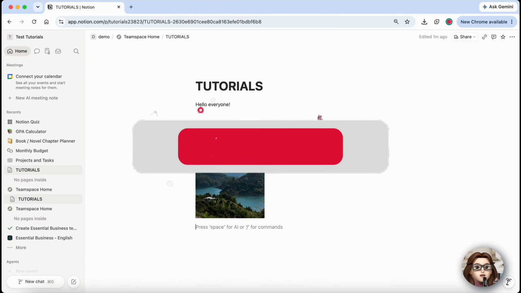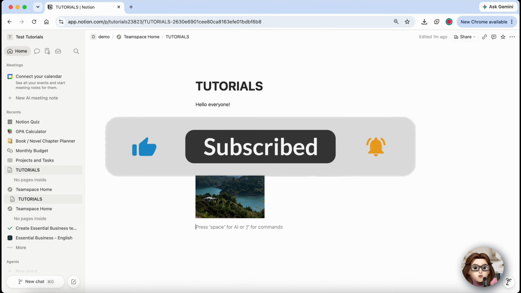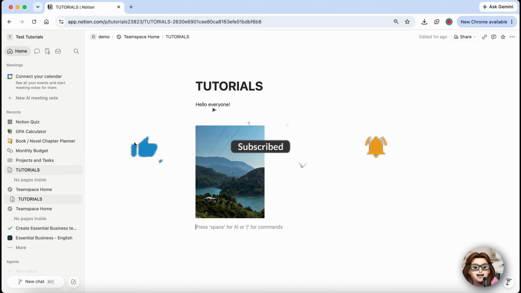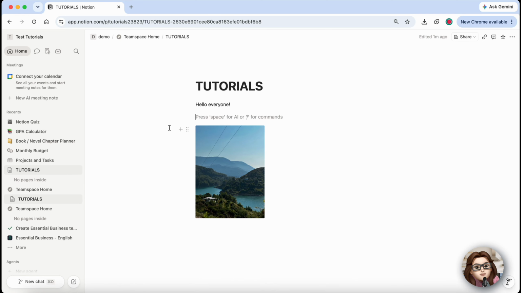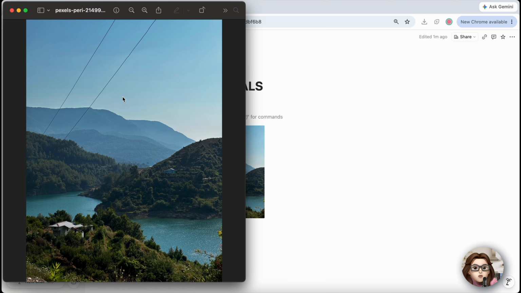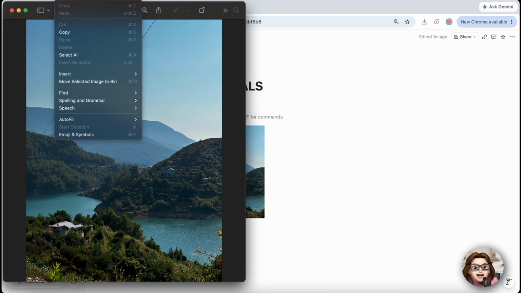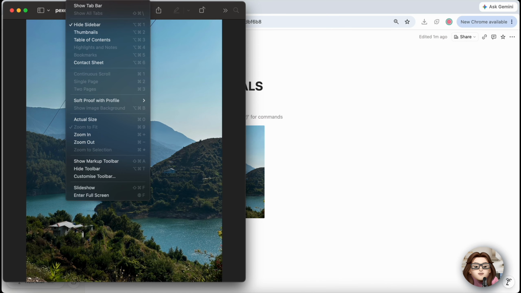In this tutorial, I'll show you how to rotate an image for use in Notion. Since Notion doesn't currently include a built-in image rotation feature, you'll need to rotate the image before uploading it. Locate the image on your computer and open it with your preferred photo editor, such as the Windows Photos app